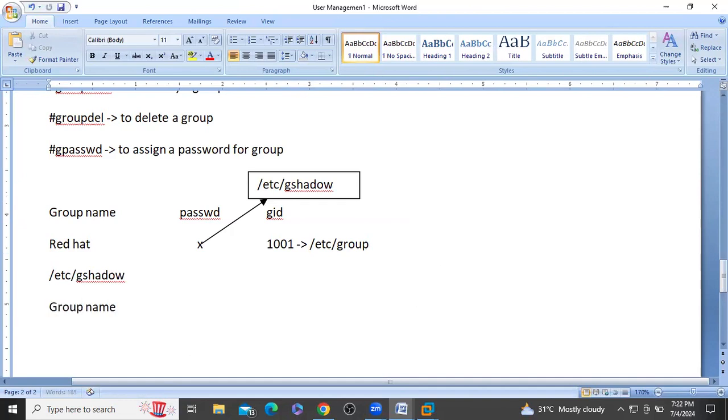Group name field, then password field, then group admin field. What will be the default password? What default password, man? It doesn't have any password until you assign. While you are creating the groups, by default, it doesn't have any password. So clear, guys? Group name, password, and group admin field.